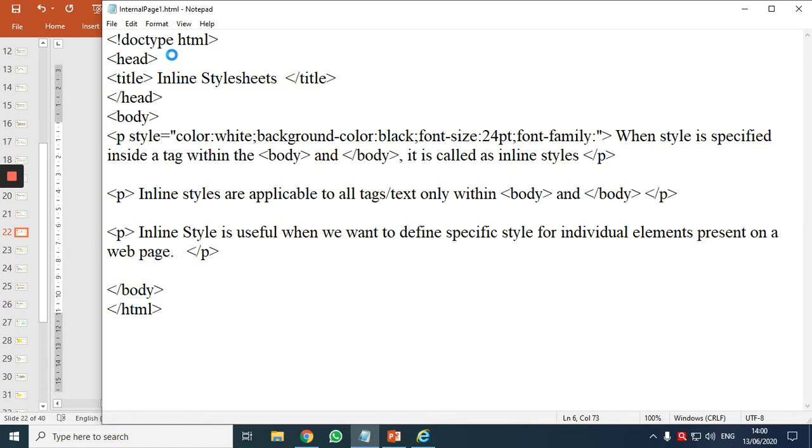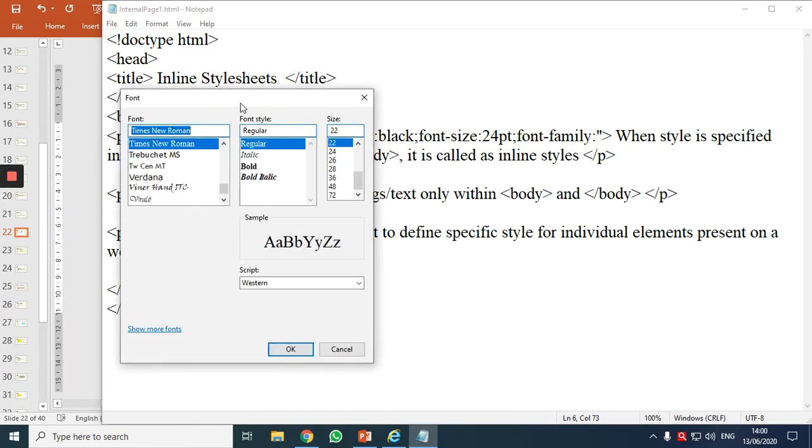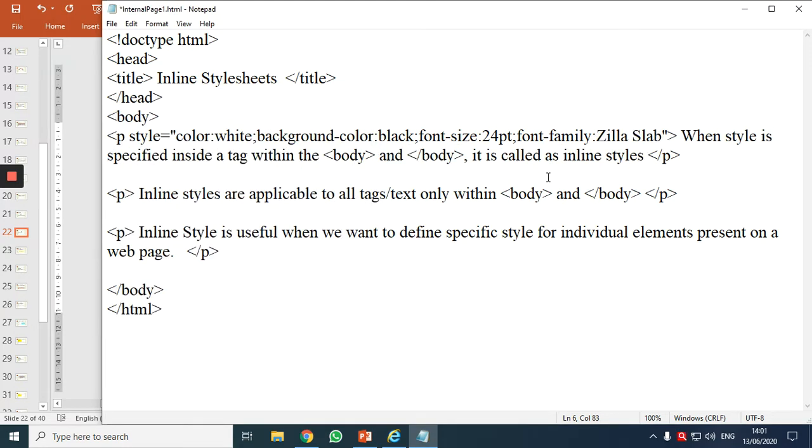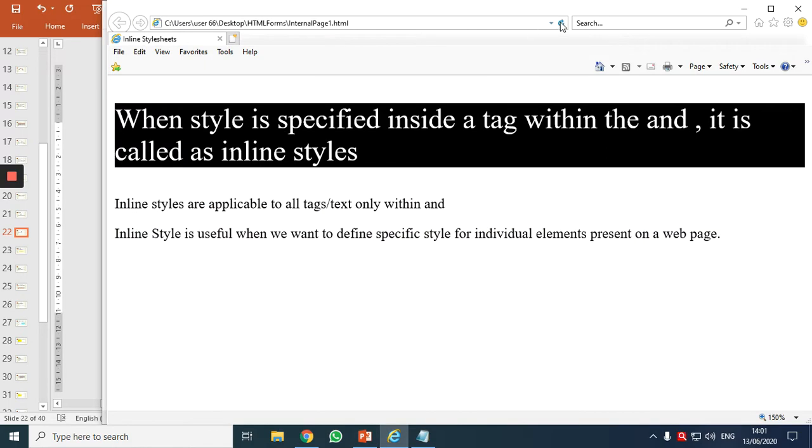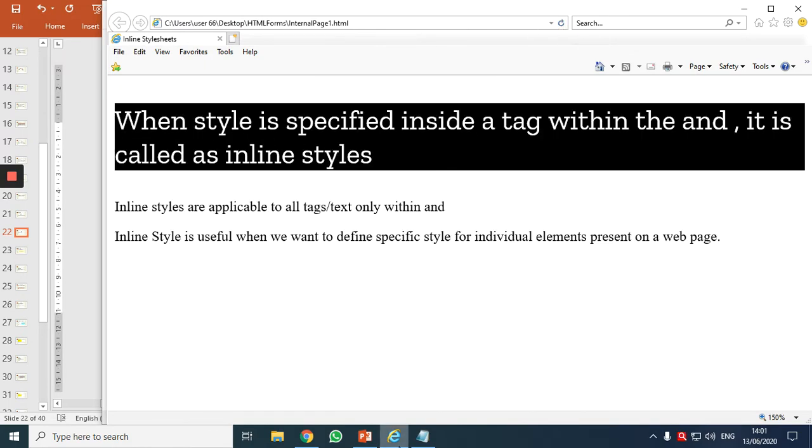If you do not remember the style of writing, meaning the different types of presentation of text, we have in alphabetical order from A to Z so many ways we can present. I am using this, Control C. You just need to write it correctly here. Control V and Control S. Okay, I'll put it in single quote because there is a space here. Control S and observe, the style of writing has changed.